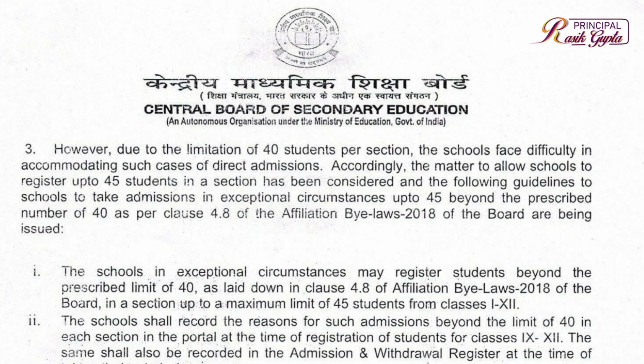Accountability. How does that work? For classes 9 to 12, the reasons need to be recorded in 2 places. The school's admission and withdrawal register, and on the portal when they do the student registration. Plus, the OASIS portal. And for the younger classes, 1 to 8, it's recorded in the admission and withdrawal register. And importantly, all applicable reasons across all classes need to be logged in the OASIS system too. Transparency seems key. So there's a clear paper trail, or digital trail, I guess.